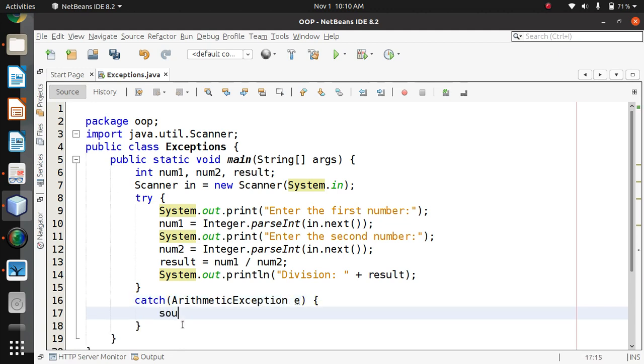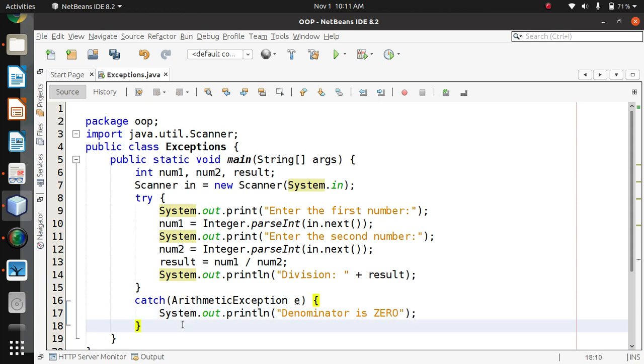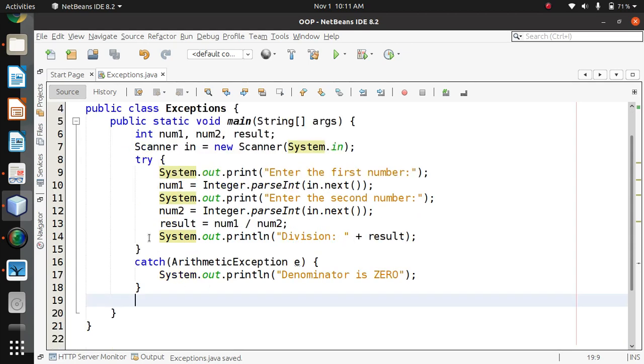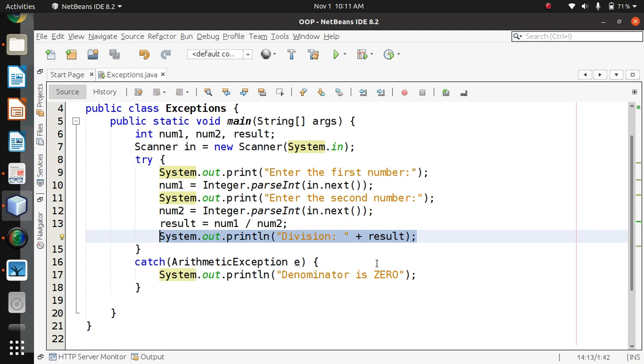Okay, and let's print the message: denominator is 0. That's the reason why the exception is there. One more thing, we'll print that result out of the try, we'll keep it as it is, not worry.